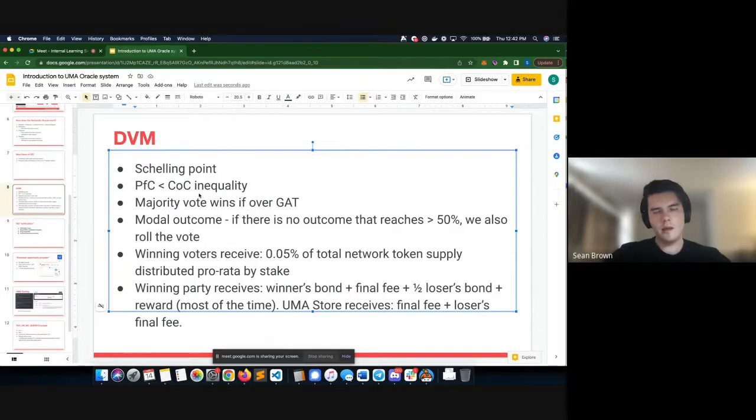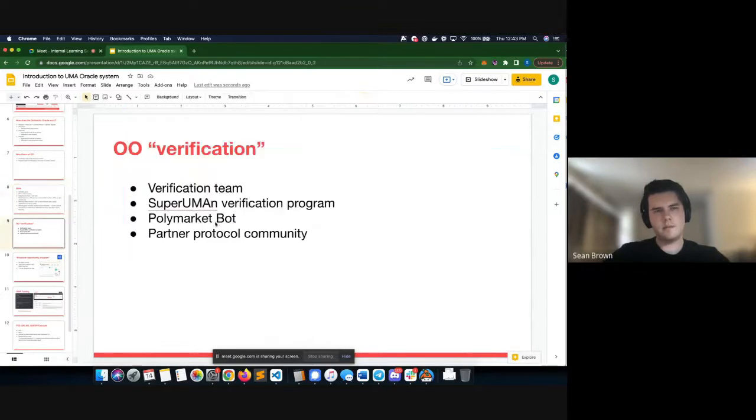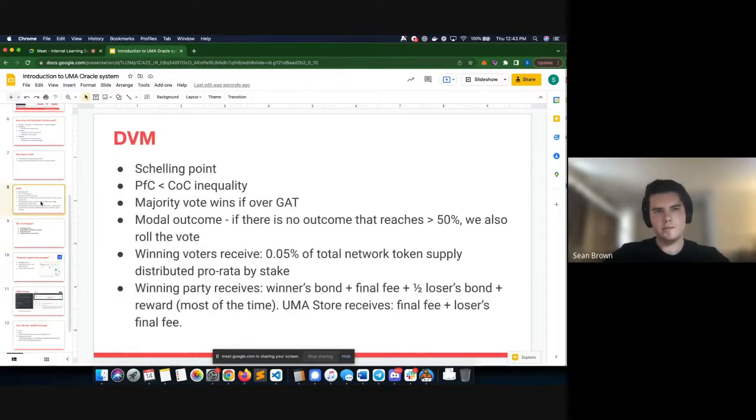So if we always maintain that our market cap divided by 2 is larger than the total value that we're securing, and again, a ton of nuance here, then we can say we're economically secure, right? Like we are providing X amount of economic security. Yeah, I don't know if I explained that very well, but